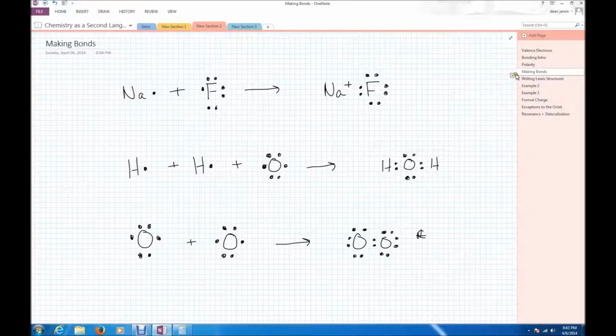So, again, going back to Mr. Lewis, you can apply his awesome little dot notation not only to individual elements, but also to compounds. So these are reactions that show how we can make these compounds out of Lewis dots. So, for example, sodium will give its one valence electron to fluorine,